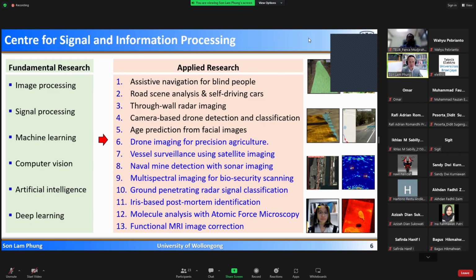Our research lab conducts fundamental research and applied research. In fundamental research, we investigate image processing, signal processing, machine learning, computer vision, artificial intelligence, and deep learning. And we apply our fundamental research to real practical problems. Here is the list of 13 real-world practical problems that we have